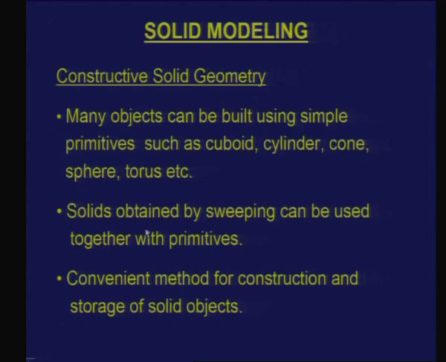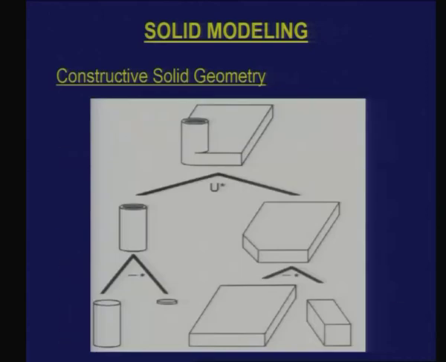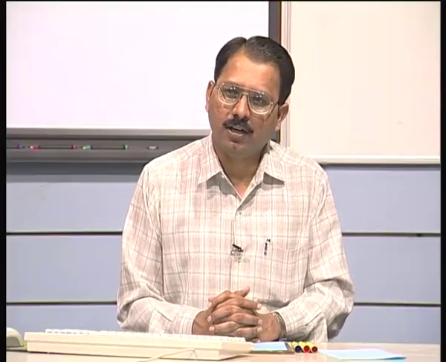And one can also combine Boolean operations, which need not be only for these primitives. I can also combine with objects which are produced by sweeping. Instead of having one of the known standard 5 or 6 primitives, I can take an object obtained by another method of solid construction like sweeping, bring that in and carry out the Boolean operation. So you are actually enhancing the capabilities of solid modeling. That is true